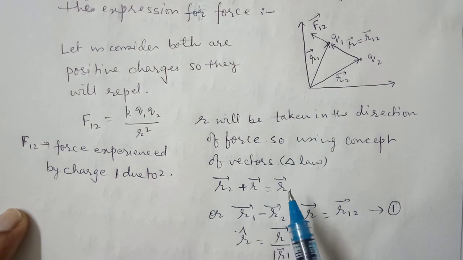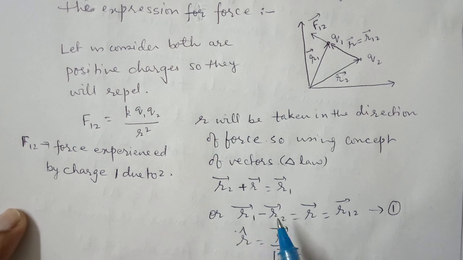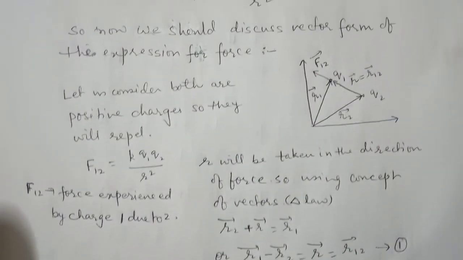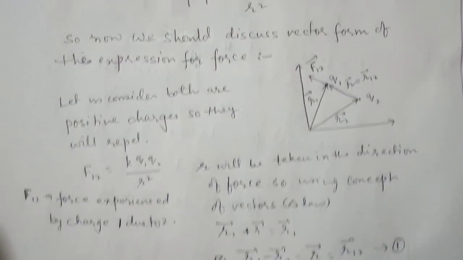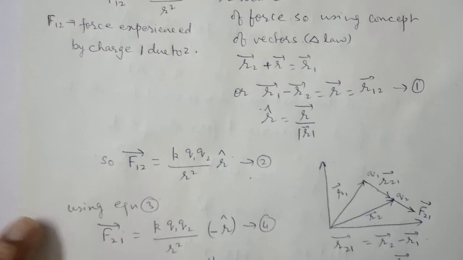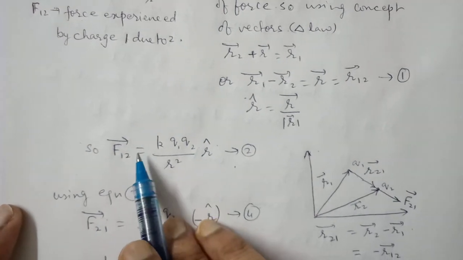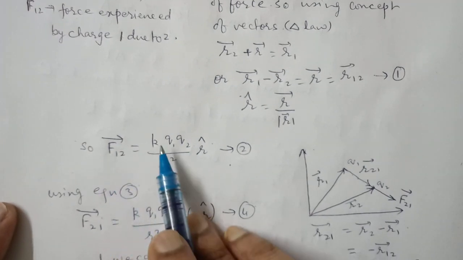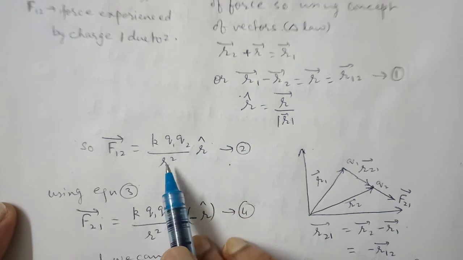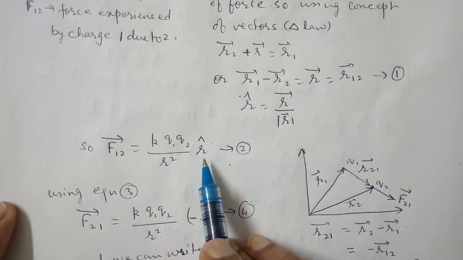R2 plus R is equal to R1. R1 minus R2 becomes R, and if I denote R1 minus R2 as R12, if I call this R12 simply as R, then the force experienced by 1 due to 2 is K Q1 Q2 upon R square,